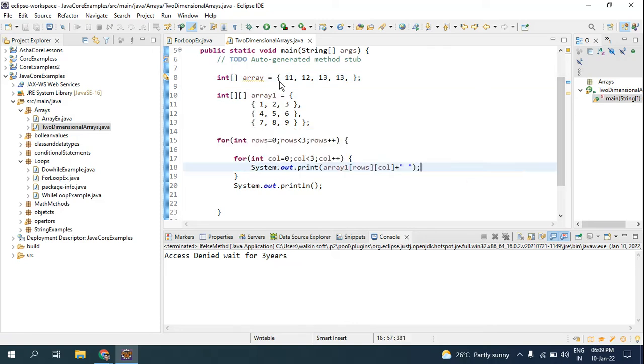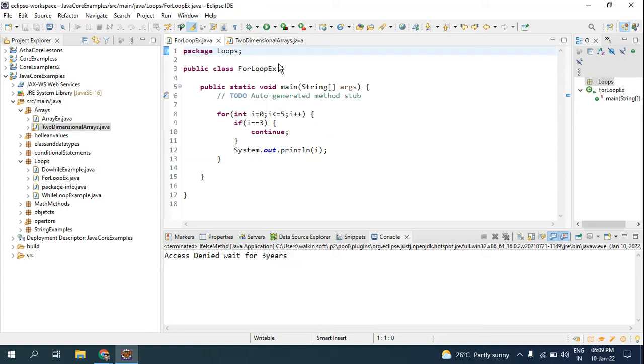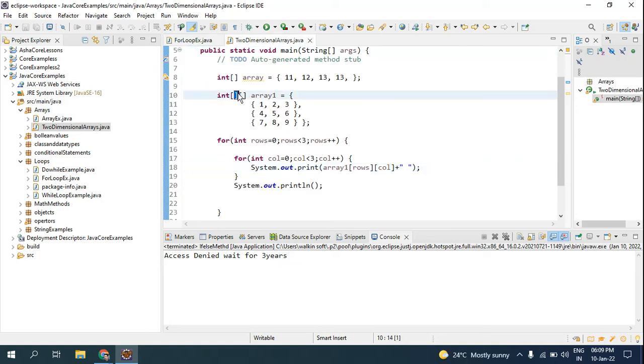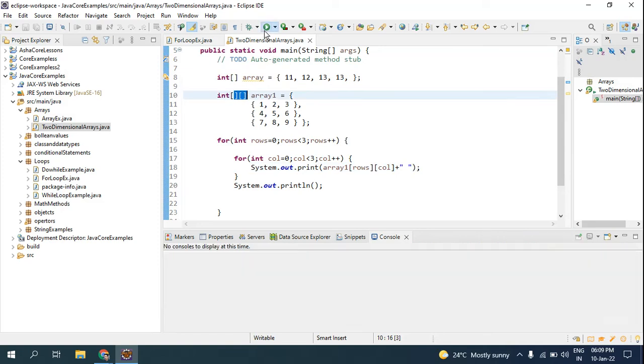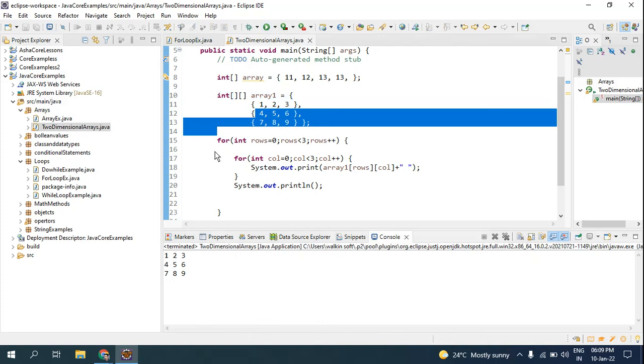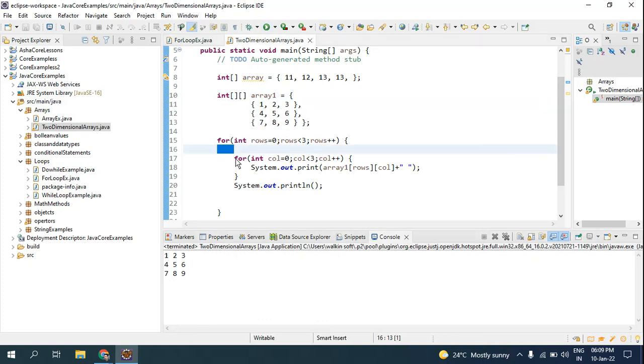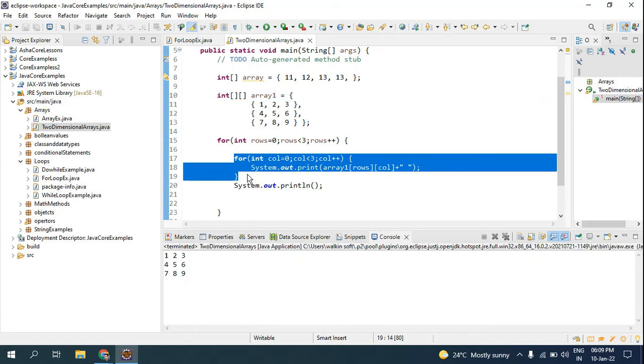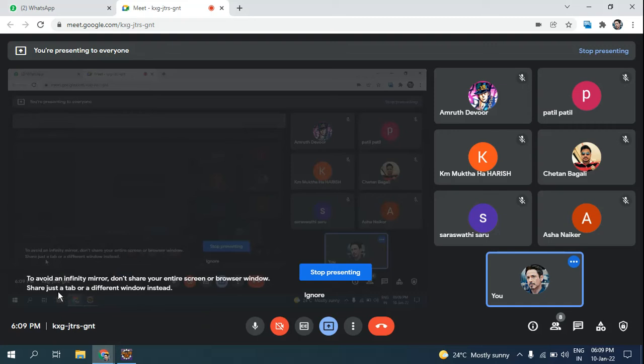If we have this single array, we are going to iterate using the for loop, but what if I have a two-dimensional one? If I run this, it's just a recap. You are able to see rows and columns, and here I have used a loop inside a loop. So this is called nested loops. And one more thing I wanted to mention is the enhanced loops. I think everyone is clear with the concept of loops: for loops, while loops, do loops, enhanced for loops, nested for loops. So today we will be discussing methods.